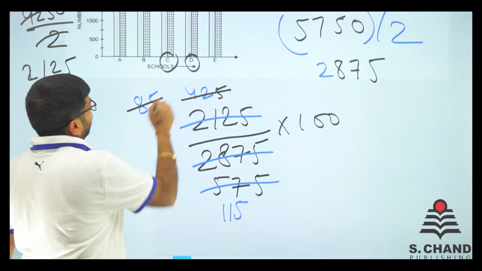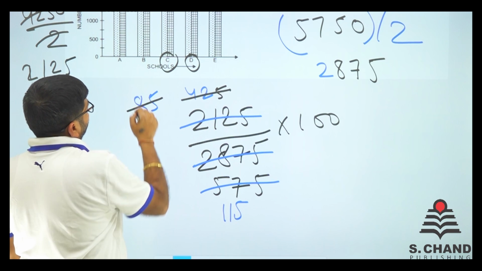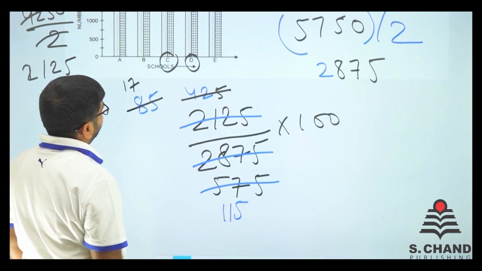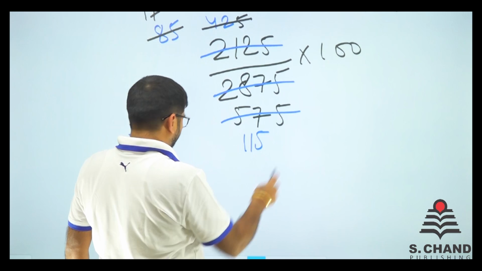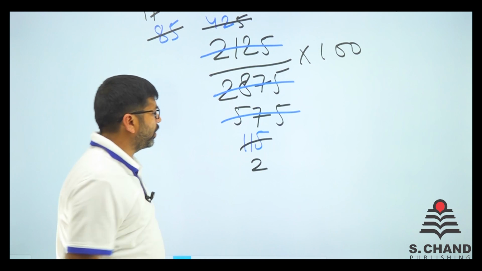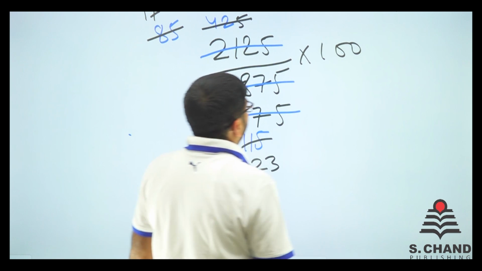So divide it by 5 again. So 85 is like 1 times, then we have got 17 times, right? 17 is 85 and 115. So 115 is 2 times, then we have got 15, so 23. So we have got 1700